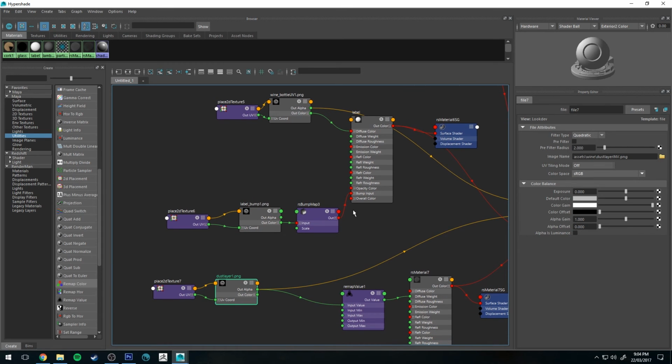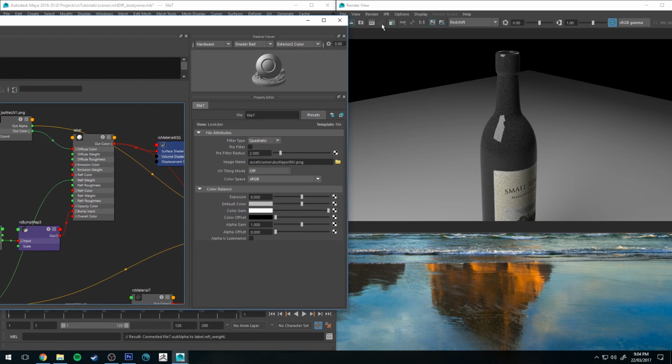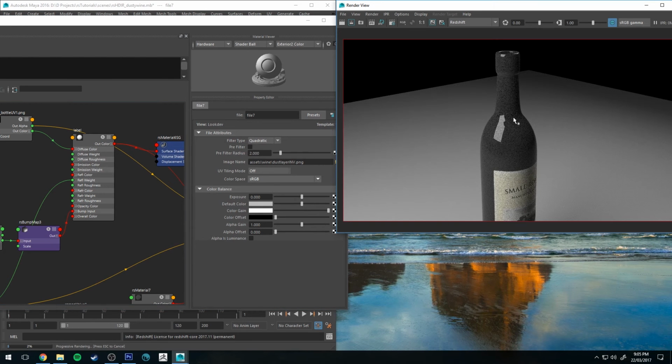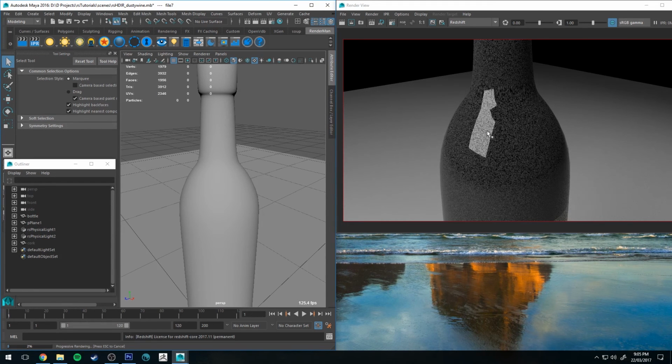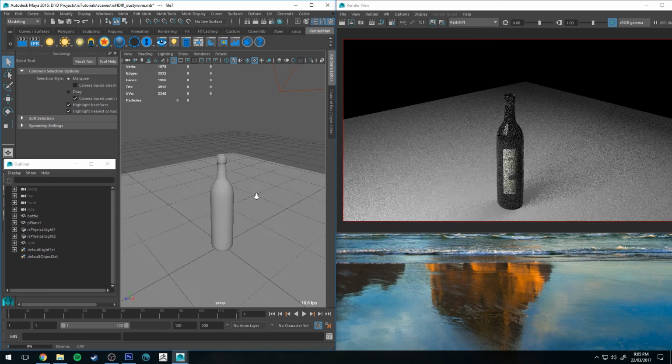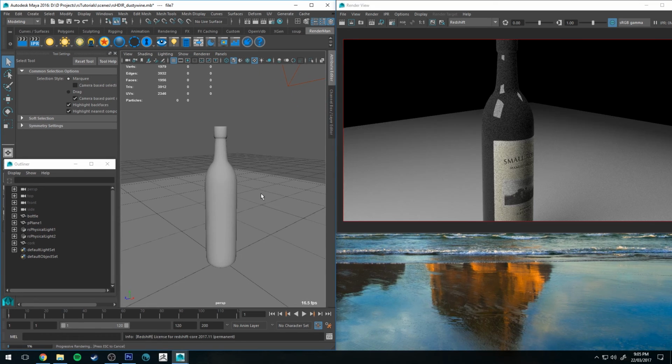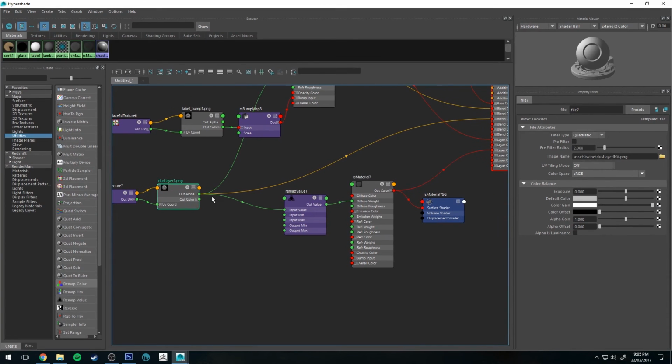So what we want to do is drive the reflection weight with the dust layer alpha. We're just going to run the alpha out into reflection weight on our glass shader. So now when we run that IPR again, areas where there is dust will ignore reflection, as you can see, which will make it a little bit more realistic looking, especially at a distance. And further to that, we can create a bump map for our